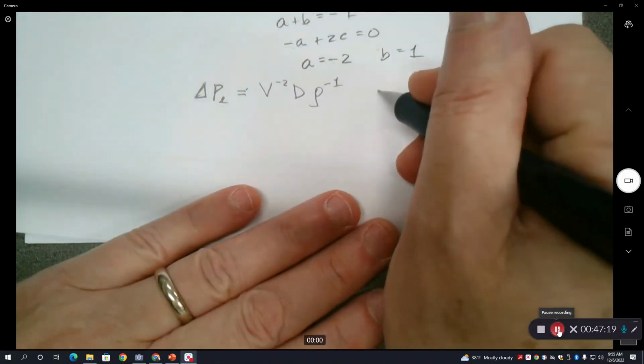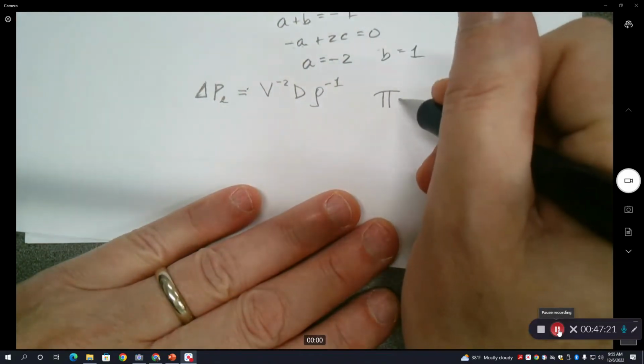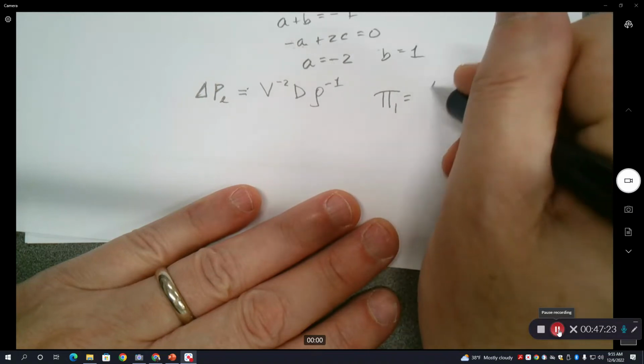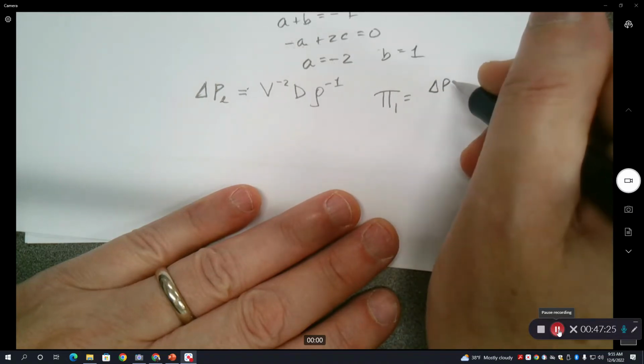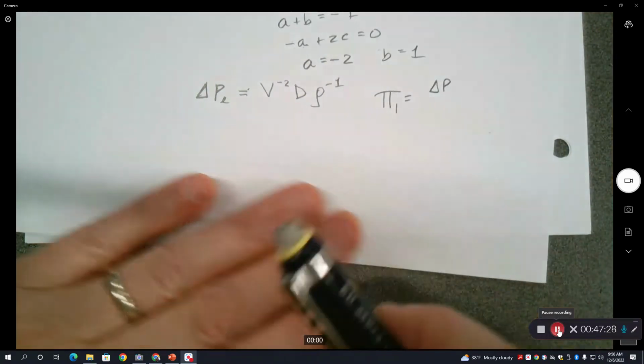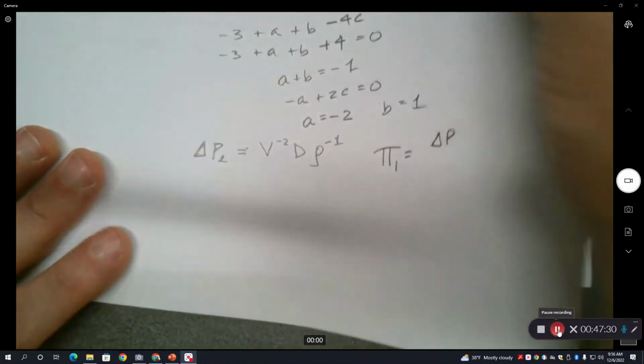So collecting them together, pi 1 is going to be delta P. Oh, wait a minute, I think I'm not supposed to say equal. Am I supposed to say equal? No, I'm